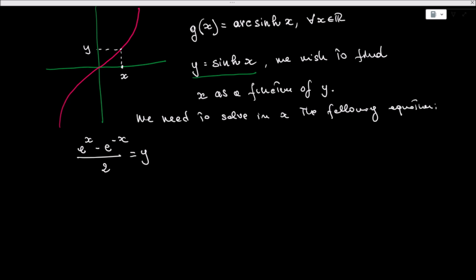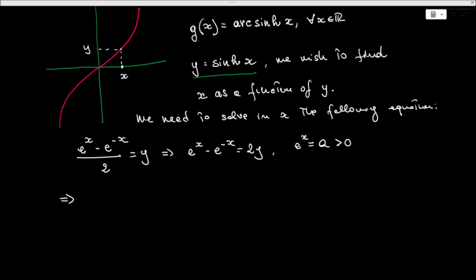Okay, how can we do this? Well, first of all we multiply by 2 and we get e to the x minus e to the minus x equal to 2y. And then by setting e to the x equal to a, which we know is larger than 0, right, because it is just a power of e, then we can